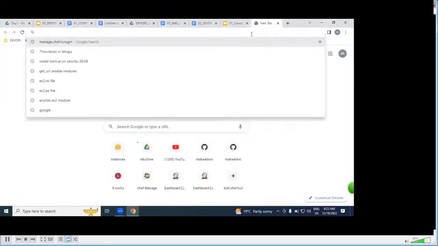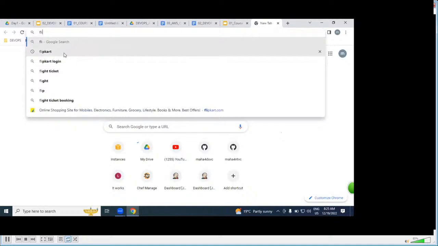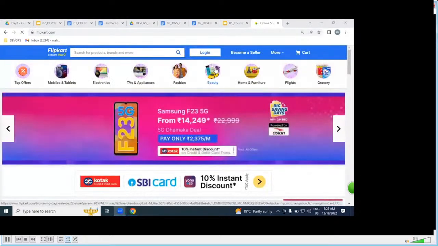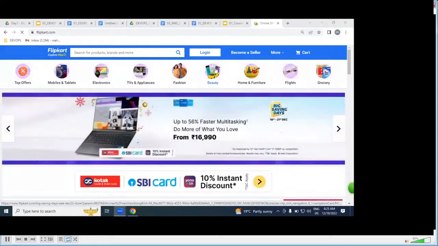Application is nothing but a website, like the Flipkart website, like Book My Show, IRCTC. These are all what we call an application.